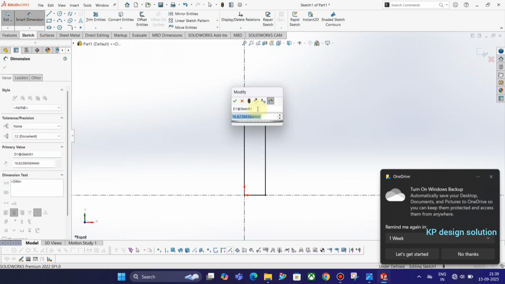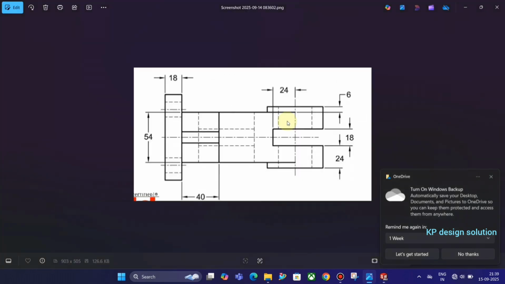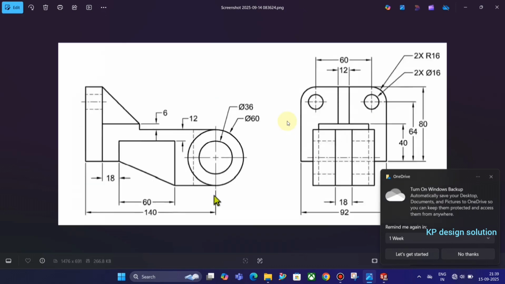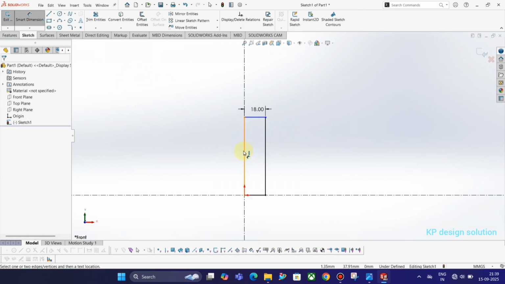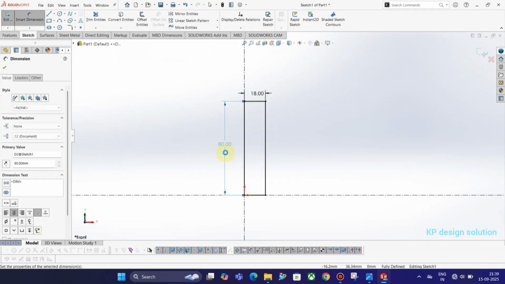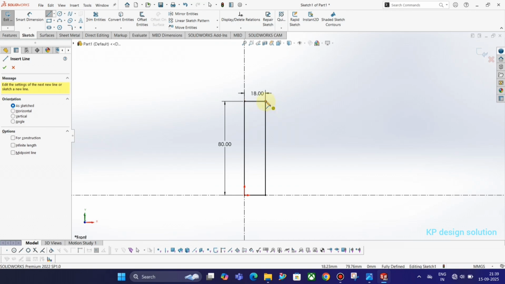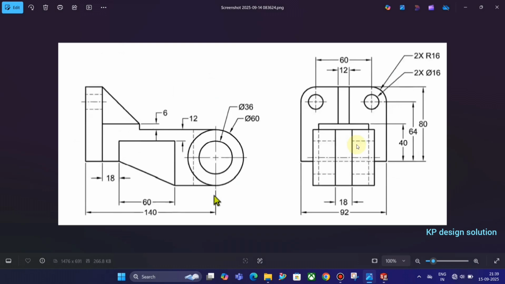First we give a dimension. This width is 18, and there are three images to explain the part, and its height is 80 mm. After we take an incline line and there is a step, then it goes to